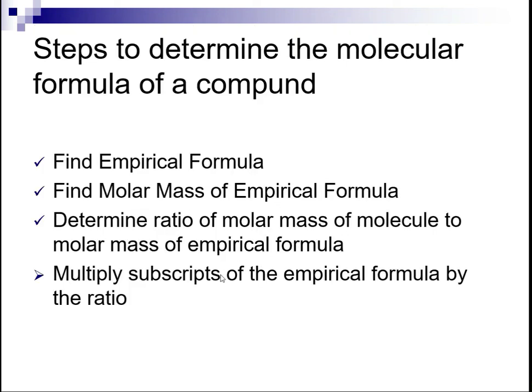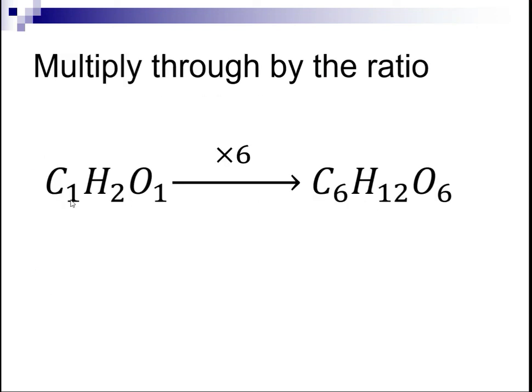Which means I need to now multiply my subscripts of the empirical formula by the ratio. Since the empirical formula was 1 to 2 to 1, and my compound is 6 times larger, I'm going to multiply all my subscripts by 6, and I get